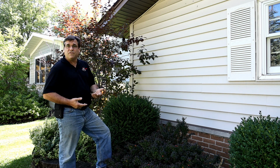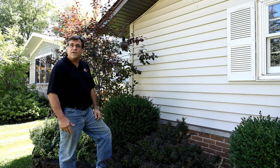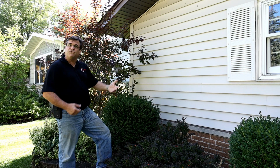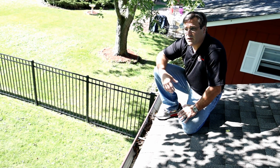There's been a lot of houses I've been at where they've got the vines growing up on the house, they've got foliage against the house, and that's the look they're going for, but it's detrimental to the exterior of the house. So what we have here, whenever you have a house and you have trees around the house, every fall